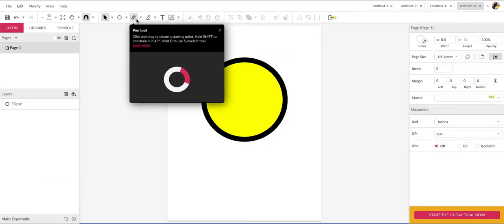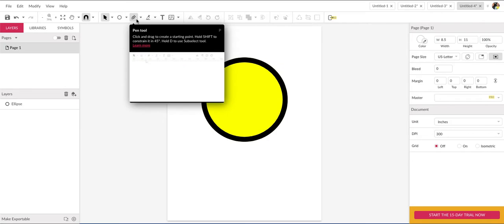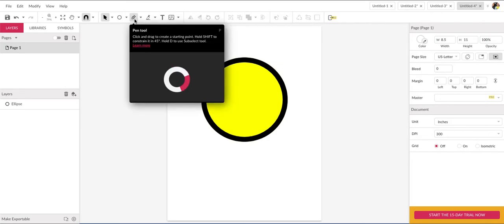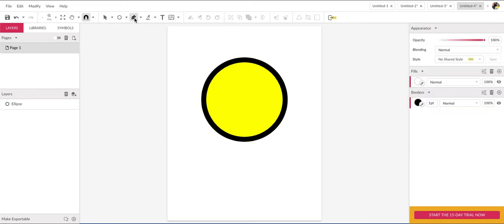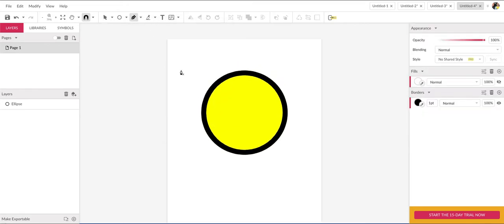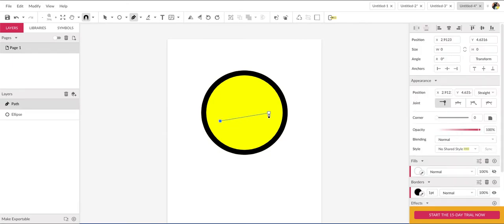So here's my favorite part. When I was just starting out in college, I didn't like the pen tool because it was really hard to use and it was scary. But I got older. Once I figured it out, it is a super helpful tool for you. So let's make a little face on him. I'm just going to click here,